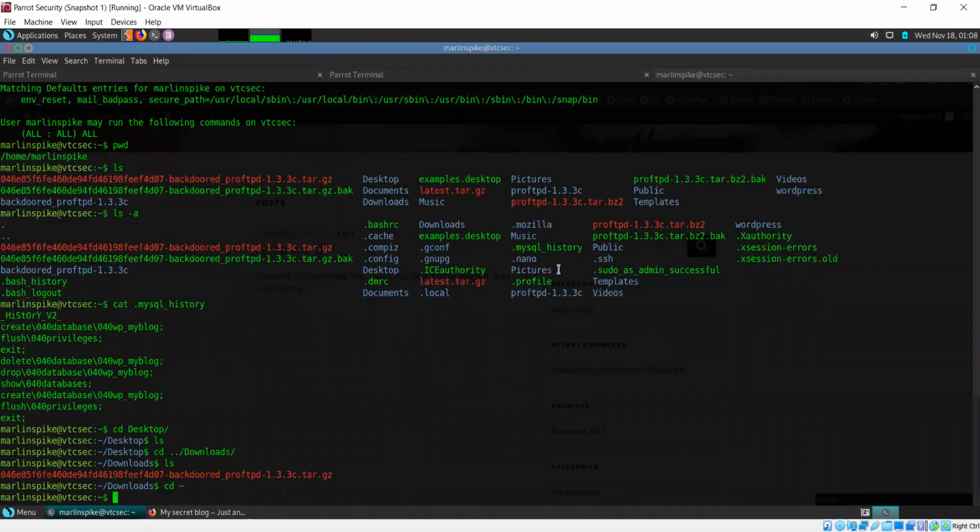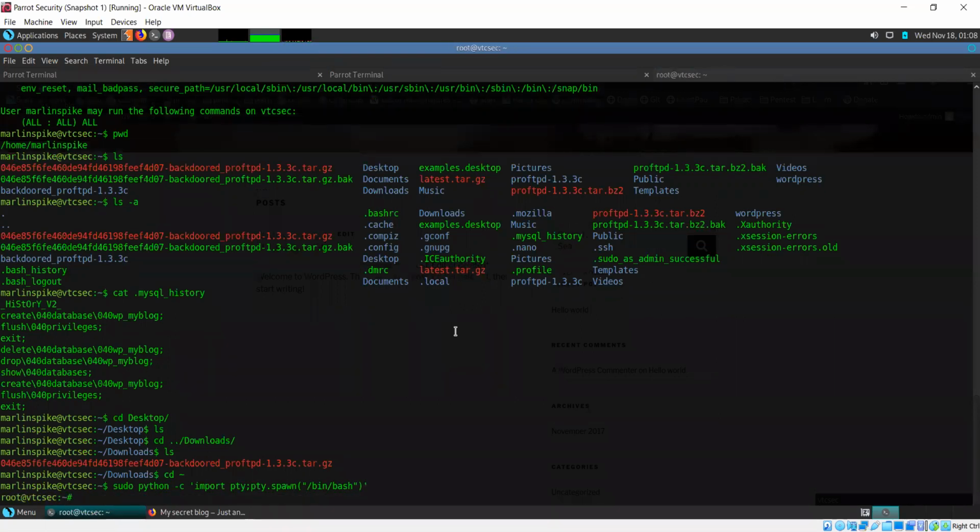So with sudo... Sir, or else we can use sudo su now, sir. su you can use if you know the password. Do you know the root password?